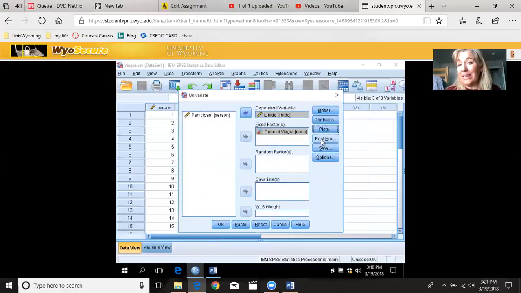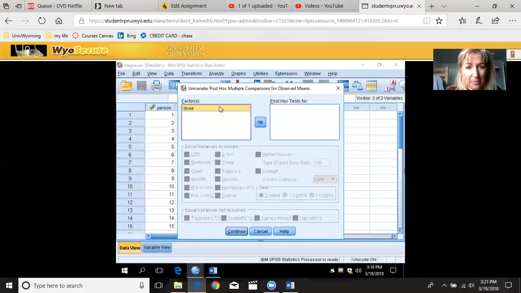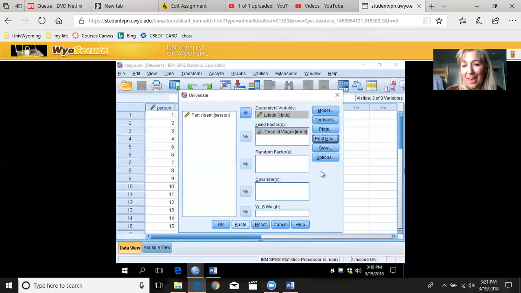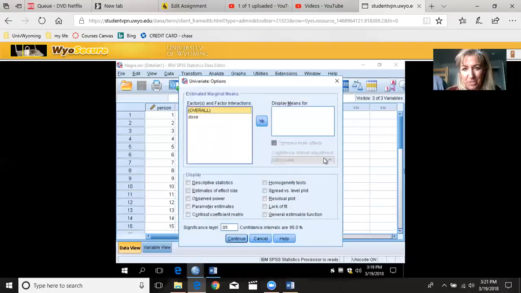We will talk in the future about post hoc tests, and they're right here, and we'll talk about doing a post hoc test for dose, and then choosing. The ones we'll choose are Bonferroni, we'll choose Tukey, and we'll choose Dunnett. Those will be coming up next week, okay? And then finally, here under options, we can put dose in here